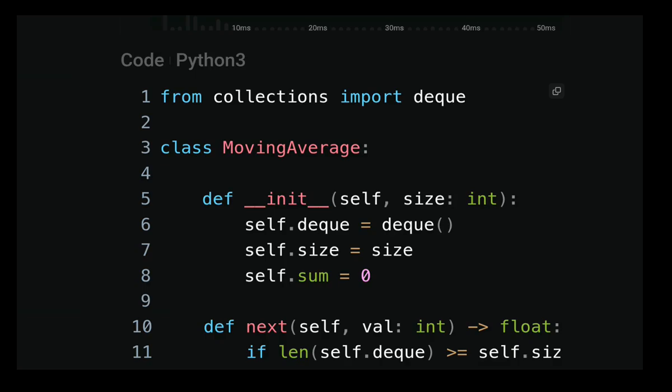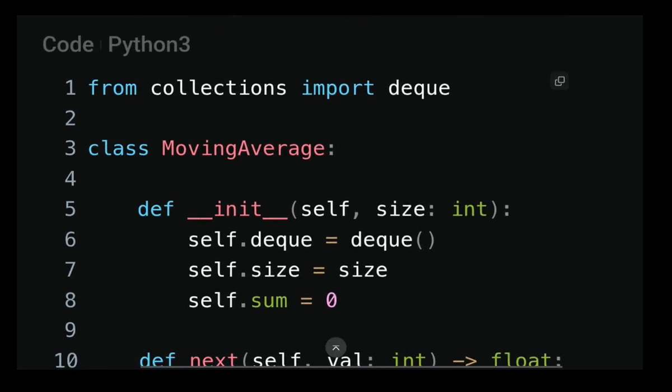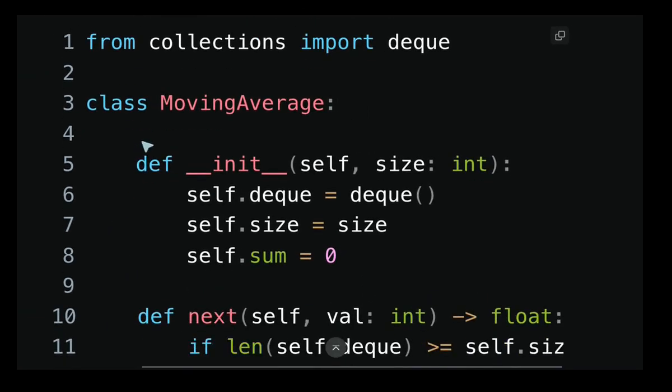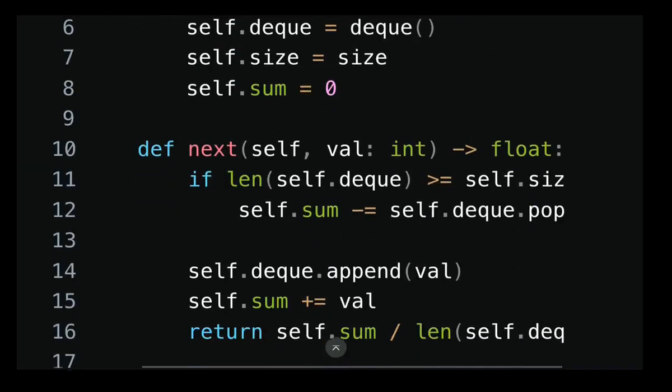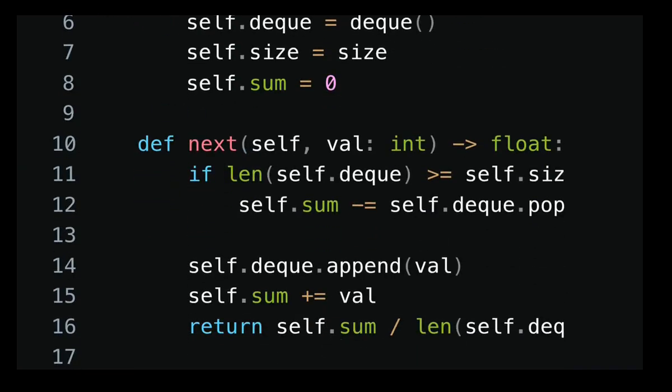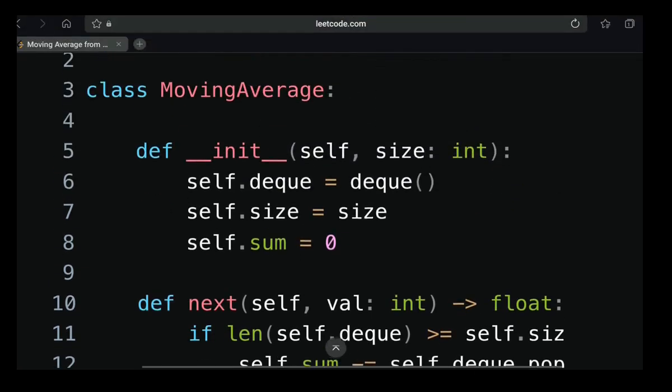So you see the whole thing is stateful. This is the answer. And as we see in this answer, we first initialize all our variables, and then we get the next item, calculate the moving average. Someone calls the class on the next item, which is val, calculate the moving average. So we first